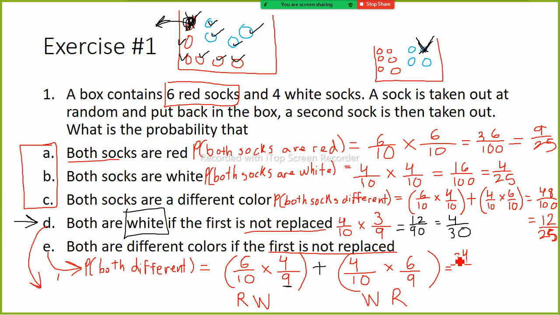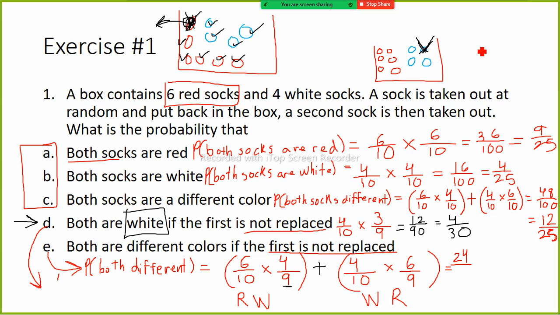Deja, do you get it, or are you still struggling? I don't get it. Go ahead, Albanique. How come there's a 3/9? How for this one do we get 3/9, not 3/10? Very good question, because remember,